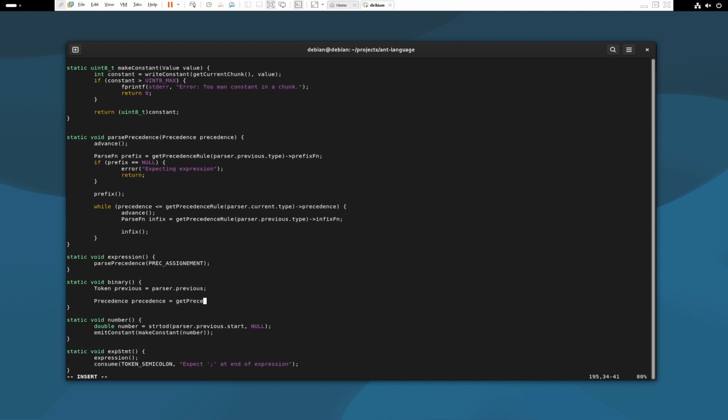Get precedence rule, parser previous type, and we need its precedence,